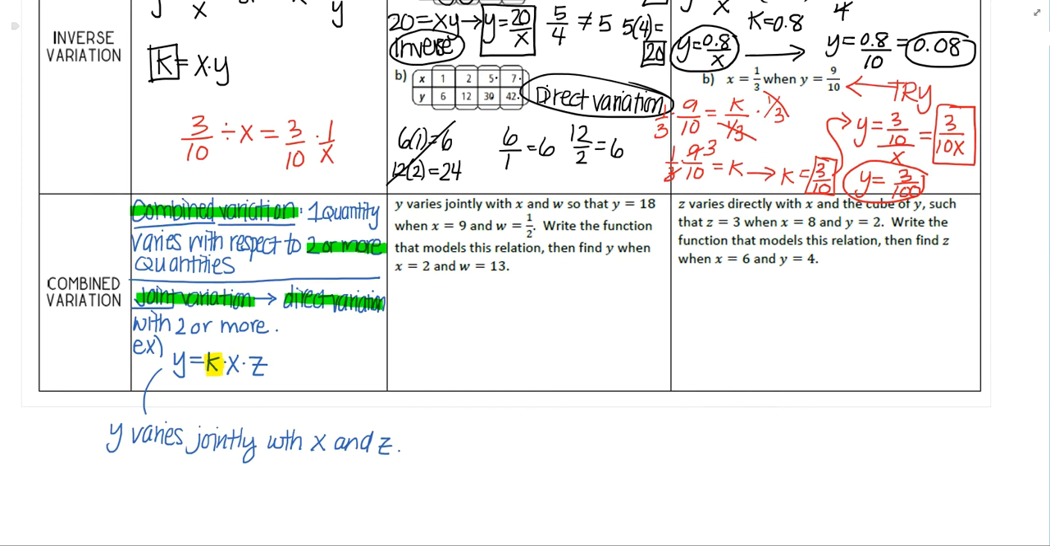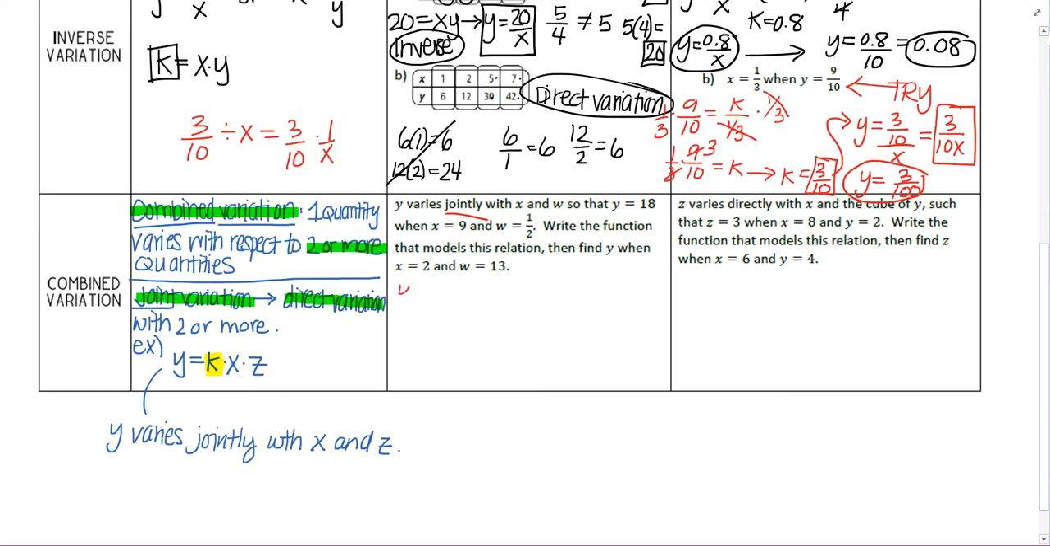But there are other types of combined variation where some of it's direct and some of it's inverse. Okay, so let's look at a couple of examples. Although one of them I can see I typed something wrong, so we're going to fix that. All right, and the first example is an example of joint variation, because you can see the word jointly. So y varies jointly